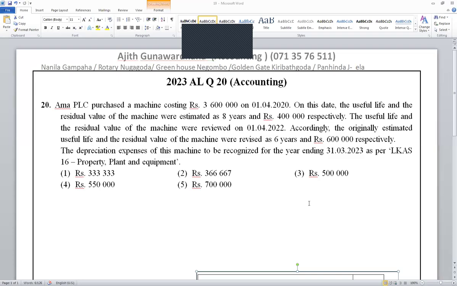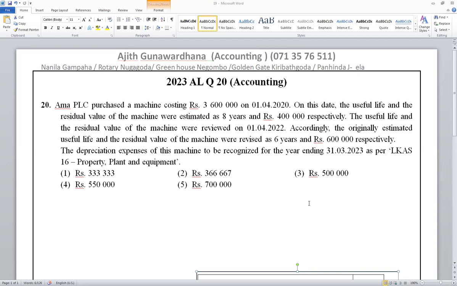This example is about depreciation for the year calculation, with an estimate change, lifetime change, and residual value change. When calculating annual depreciation, if an estimate change is given, you have to apply cost minus accumulated depreciation minus new residual value, divided by remaining useful lifetime. But normally depreciation should be calculated as cost minus residual value divided by useful lifetime. But if an estimate change is given, you have to apply cost minus accumulated depreciation minus new residual value divided